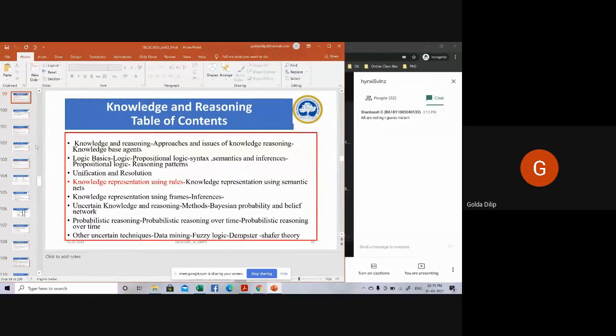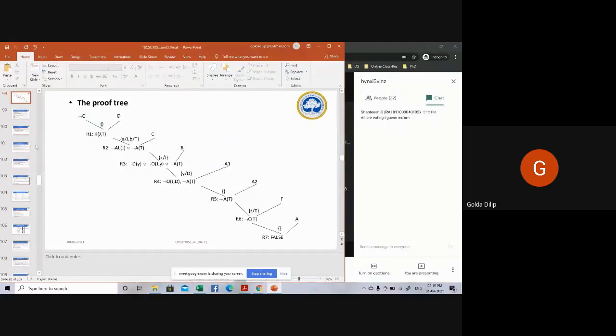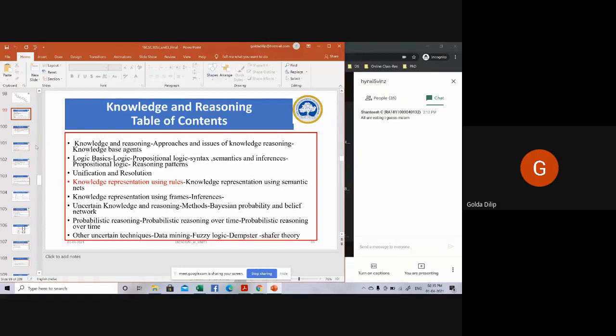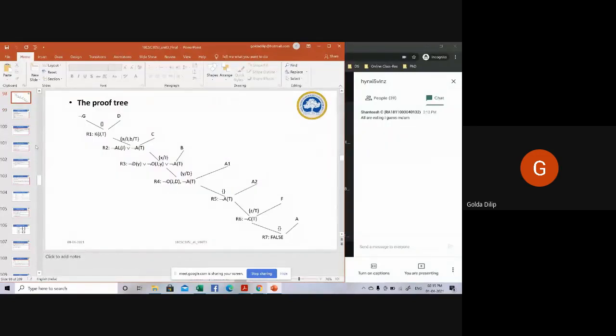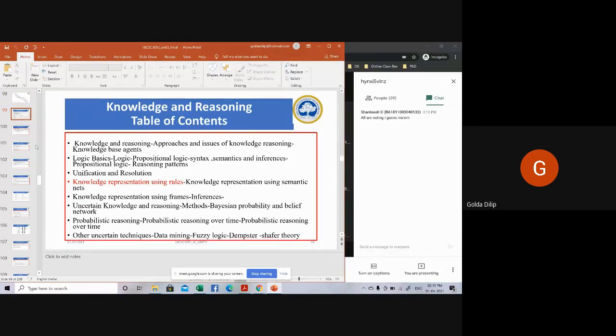Okay, so now we also have a small thing called drawing a refutation proof tree. After negating the goal and resoluting it and finding null, how do you represent it diagrammatically? This I will take up after doing the production, the next topic, because only a few students are there. So let me start with this first. Then I'll come back to this refutation proof tree, how to draw this. Okay, right.